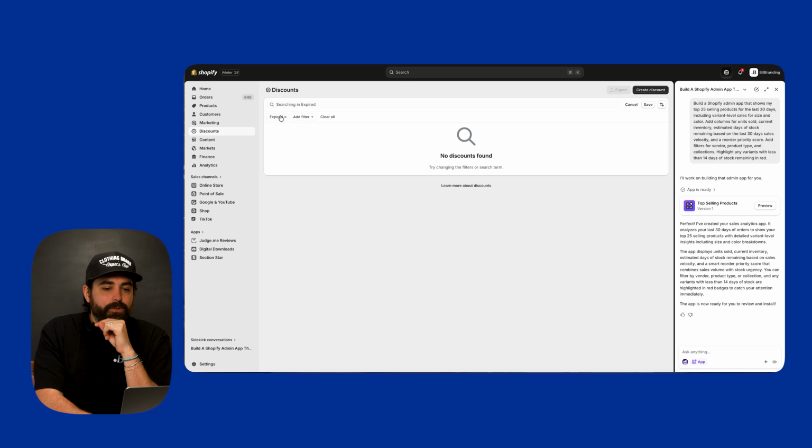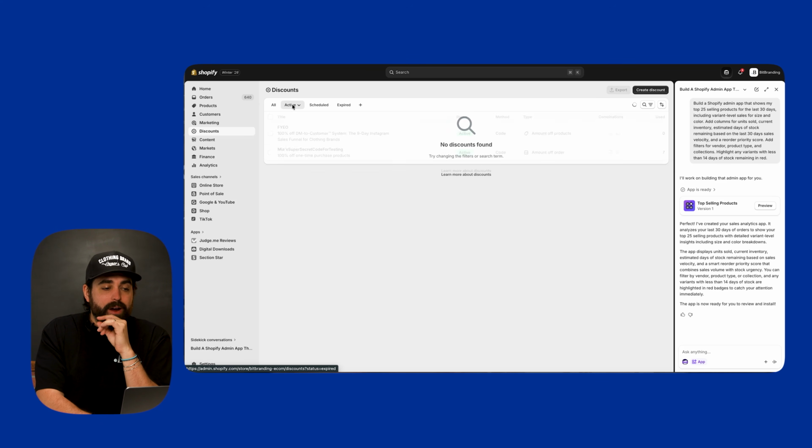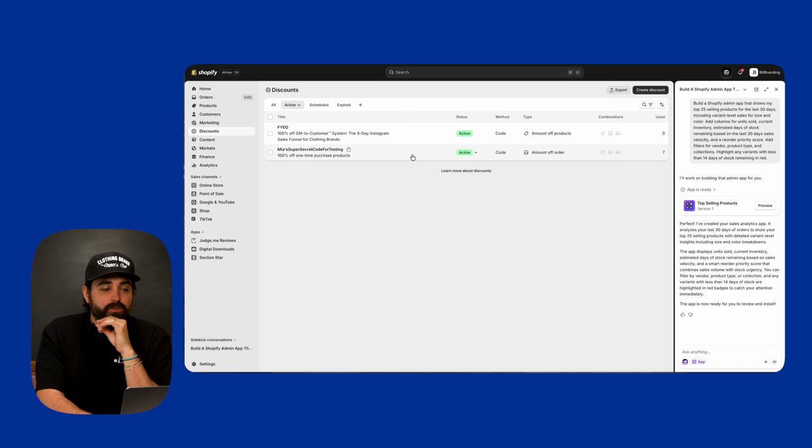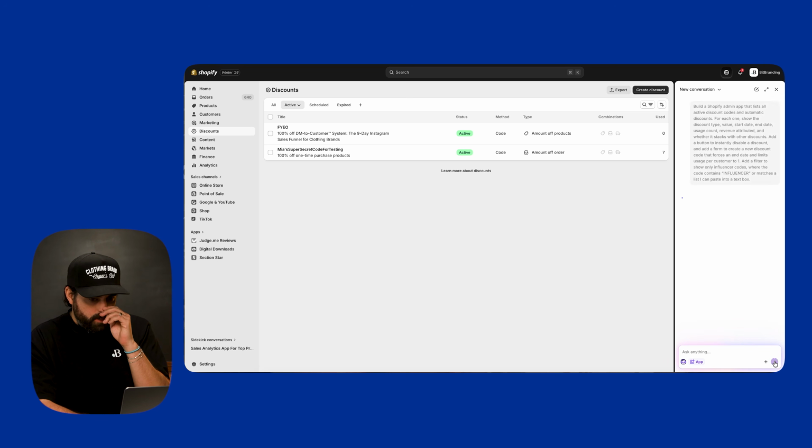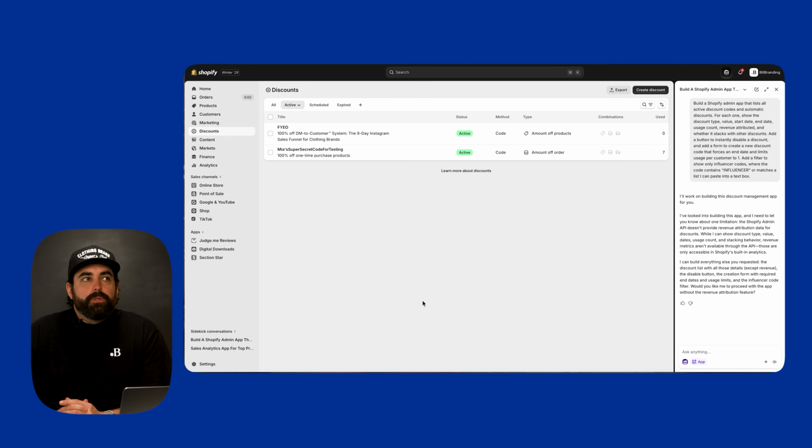So it will just give you a more organized way to view your active discounts and to manipulate and change those active discounts. So let's paste the prompt in here and click on generate app. Now, let's say that you're building an app and you have this amazing prompt and you paste it in, and sometimes you can get messages like this one, where it will let you know the limitations of what it can actually create. So in this instance, it's basically telling us that it's unable to provide our revenue